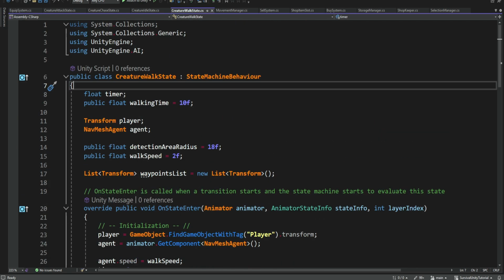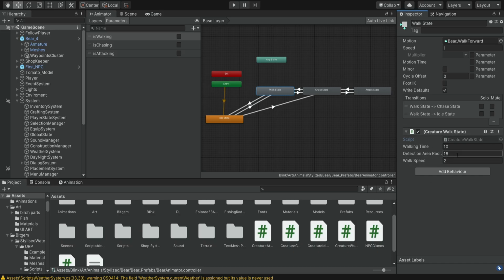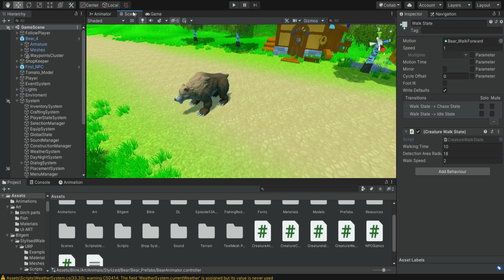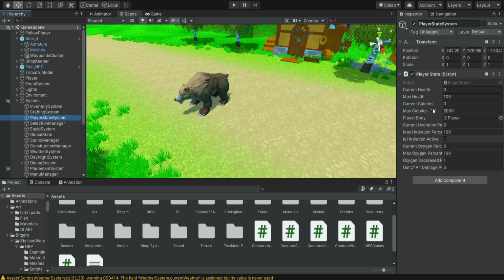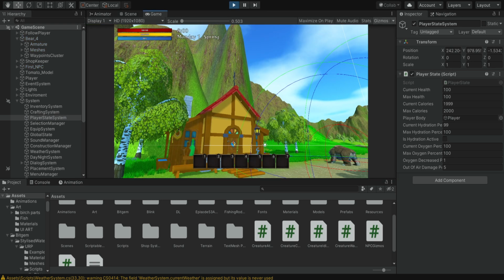All of the things that you can change over here. So if you want the animal or the creature to be faster, you just change it over here. If you want the detection area to be bigger, you just change it over here. And each animal will have its own state machine. Now, if everything is saved and we run the game for a moment and we click on our player state so we can see the max health and the current health, and we press on play,